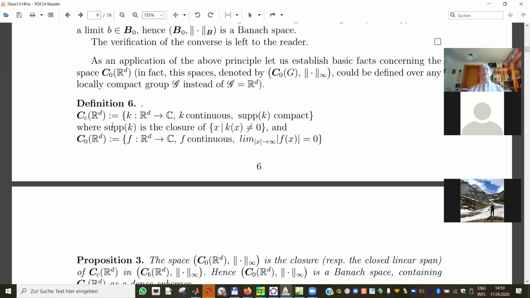Okay, this is a space which is very nice, very beautiful. If somebody is giving you 2 such functions and you make a linear combination, 3 k1 plus 5 times k2, you verify very quickly that of course the sum is 0 outside some set, outside of the larger of the 2 balls that the individual functions have, and you still get continuity. And so this is a linear space, but with respect to the sup norm that we will use, it will be